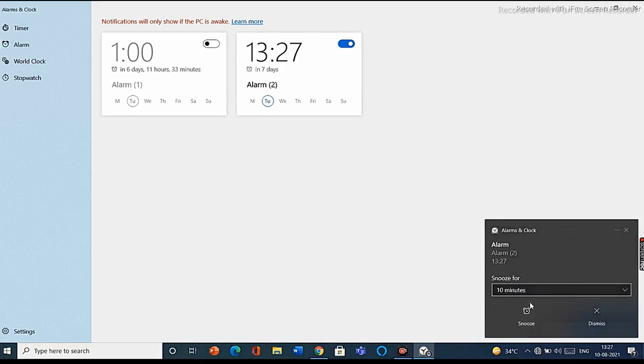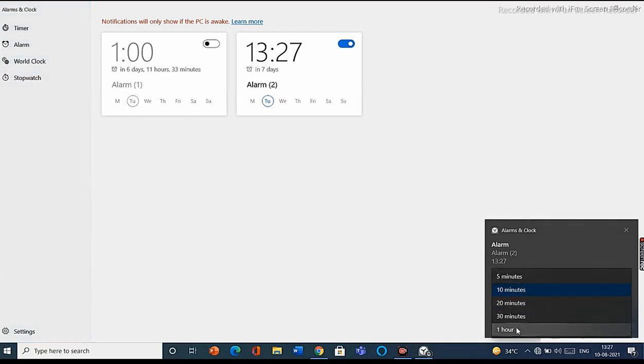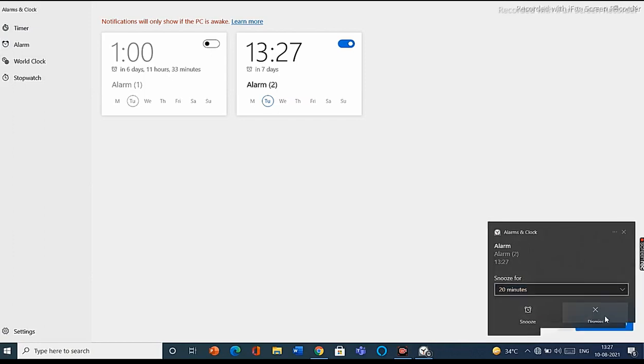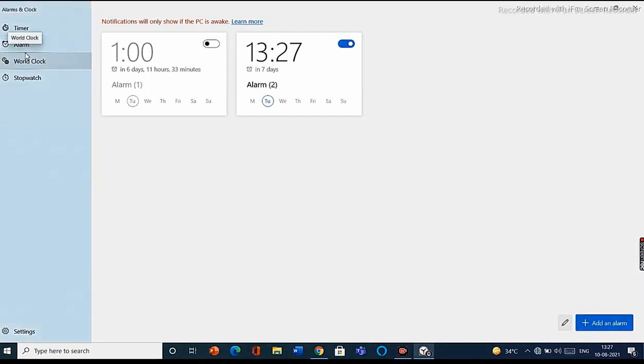So guys, as you can see, the alarm is here, and you can snooze it or dismiss it. After dismissing it, it will not play again, but if you snooze it, like this is a time, it will come back after 1 hour, 10 minutes or 20 minutes. So guys, I am going to dismiss it, and now let's move to the world clock section.